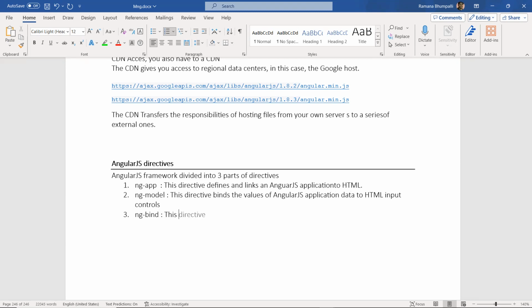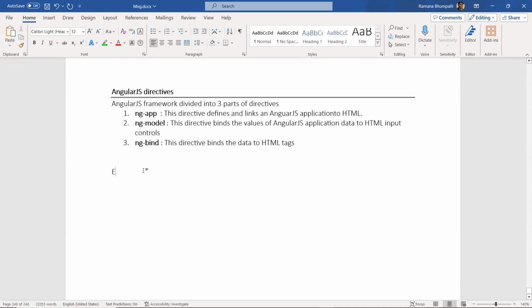And the last one, ng-bind, this directive binds the values or data to HTML tags. So these are the three parts we have to follow to bind the data. First thing is you need to define the app, and then the model, and then you use bind. Okay. For example,